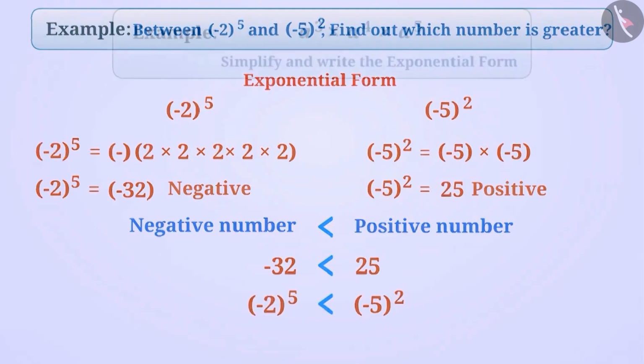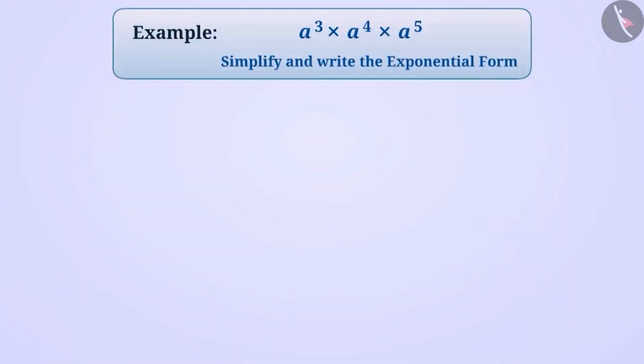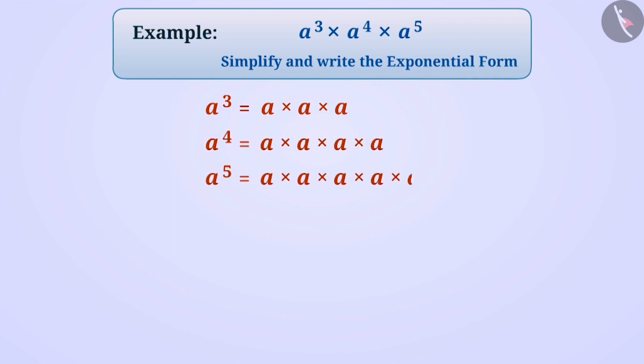Next example. Write a raised to the power of 3 multiplied by a raised to the power of 4 and a raised to the power of 5 in exponential form. We can write a raised to the power of 3 is equal to a multiplied by a multiplied by a. Similarly, we can express a raised to the power of 4 and a raised to the power of 5. Substituting these values in the question, we see that